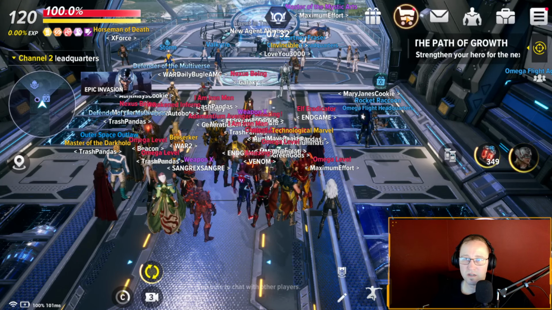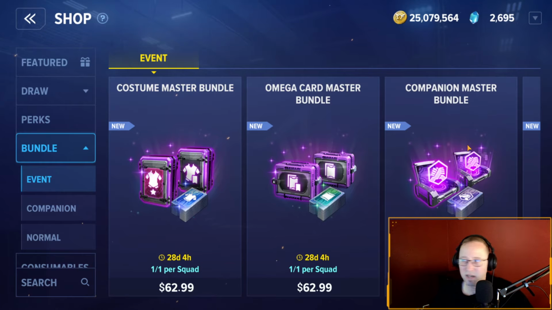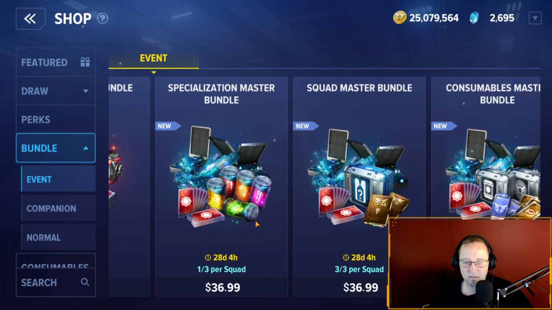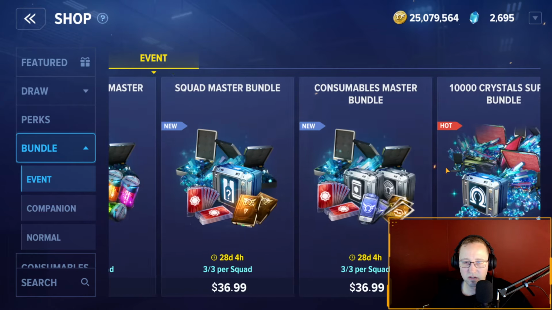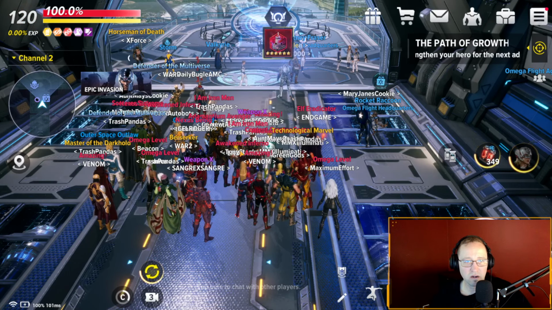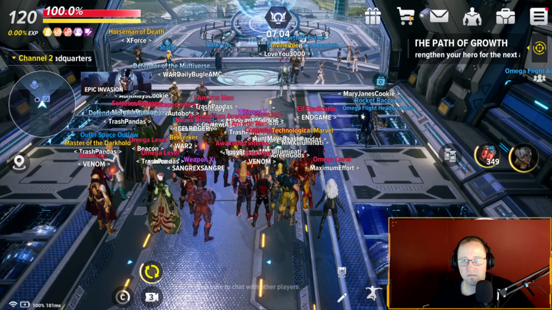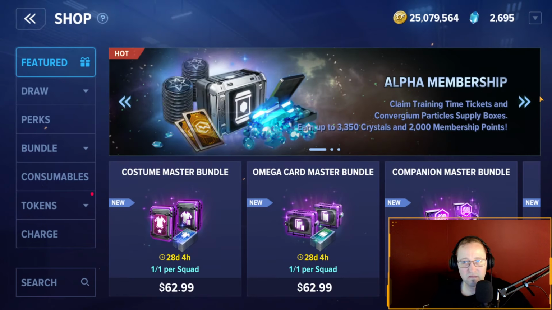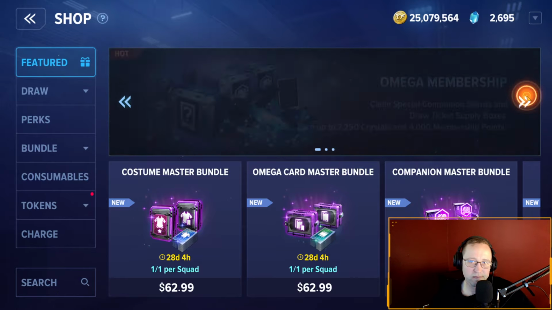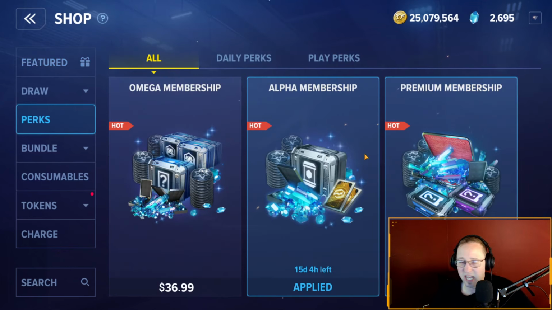No, there's zero changes to the store. All of these timers are just Wolverine timers, right? All of this stuff, all the event bundles, these are all just the Wolverine bundles, 28-day timers. They didn't give any extra October bundles or October deals. Nothing Epic Invasion related, you can't buy the seals anywhere, nothing. When I scan here, it's just the alpha, omega, and premium perks. Just the perks. I don't know if they think that's going to get them alone, which these are the best deals in the game, but